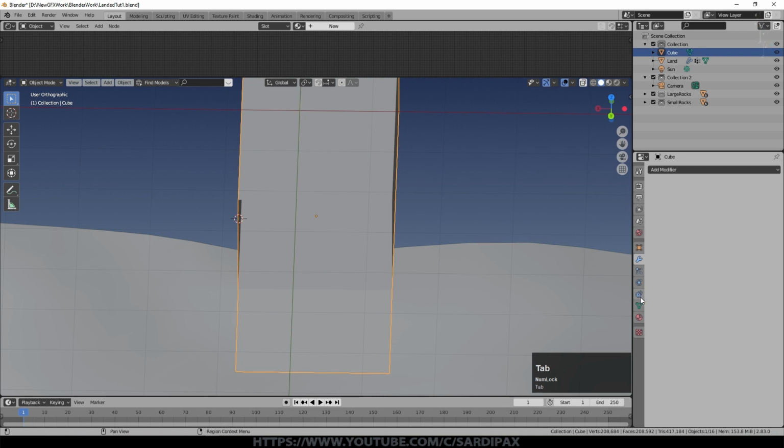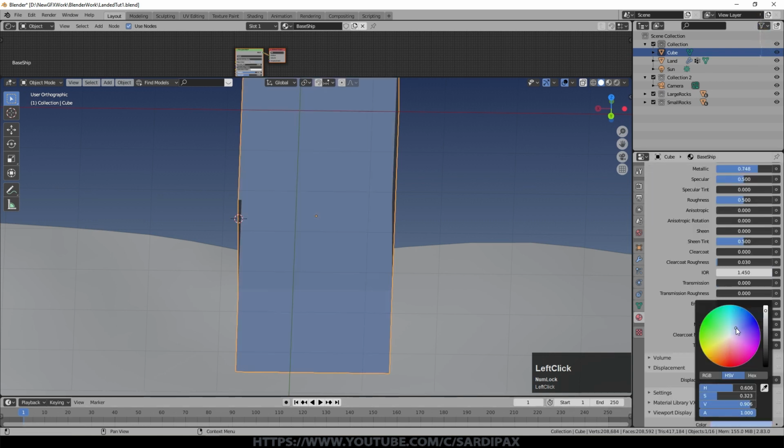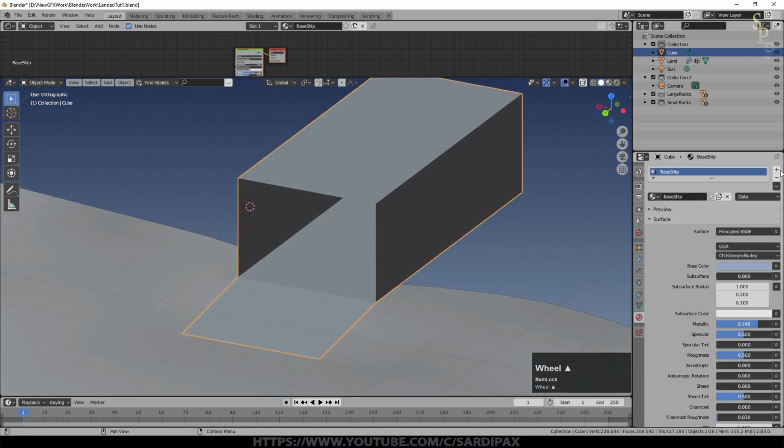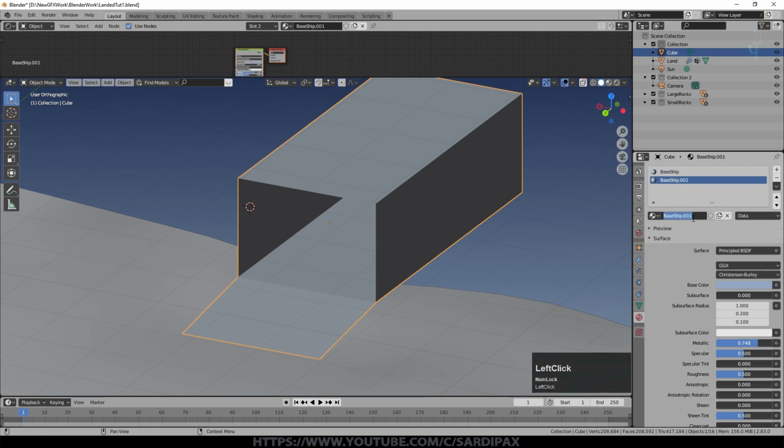So at this point, we'll add a material, and we'll call this base ship material, and we'll just make that a somewhat metallic material and give it a slightly bluey grey look to it for the moment, and similar sort of bluey grey in the viewport, so it's differentiated from other things. I'm then going to add another material. We'll start with ship base, press the 2, and then we will call this grill.